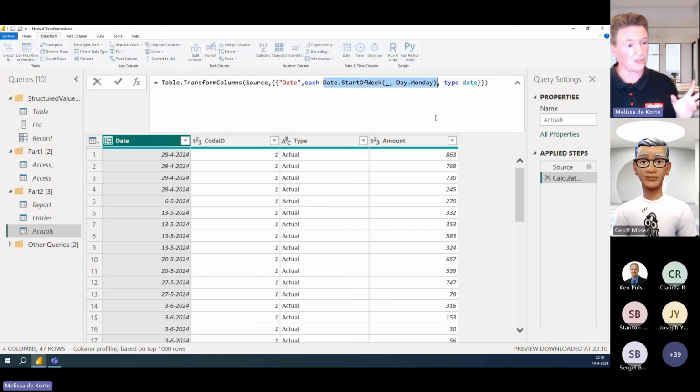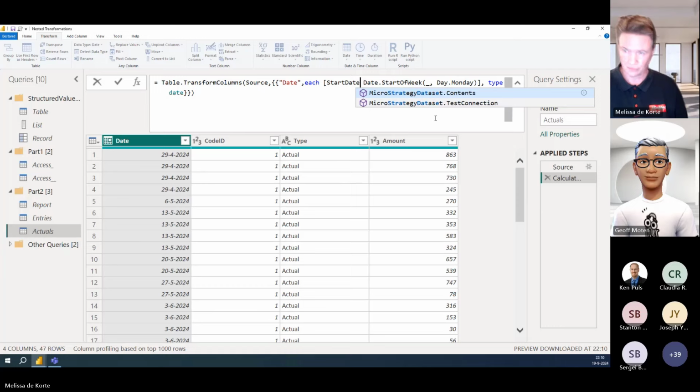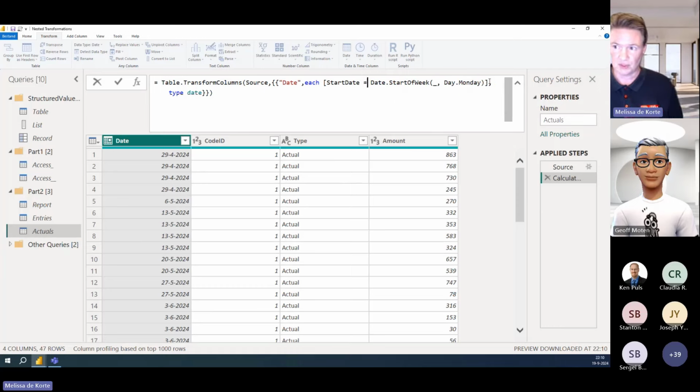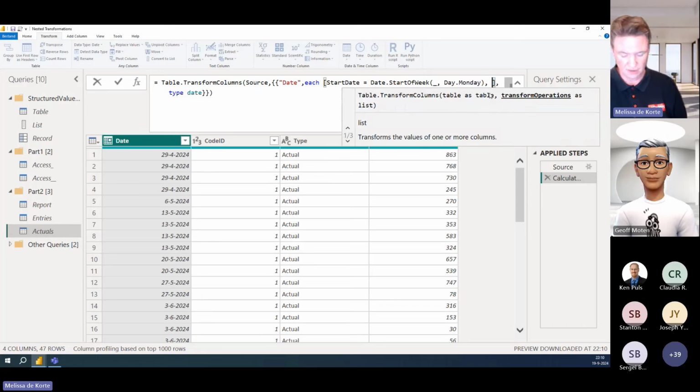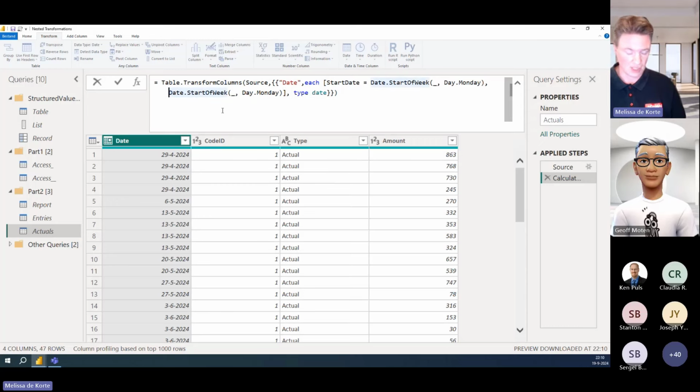I'll highlight my function here. I'll use my square brackets to create a record. So wrap that around the outside, and I'll copy this logic. Let's give this field a name. So this will be the start date. And that's equal to this expression. Now, of course, I can insert a comma to add another field to this record. I'll paste in the same logic, and we'll give this a name as well. This will become the end date,